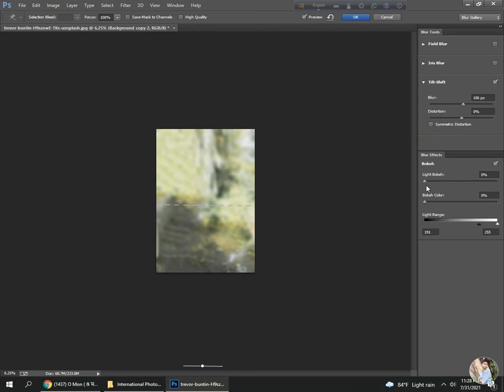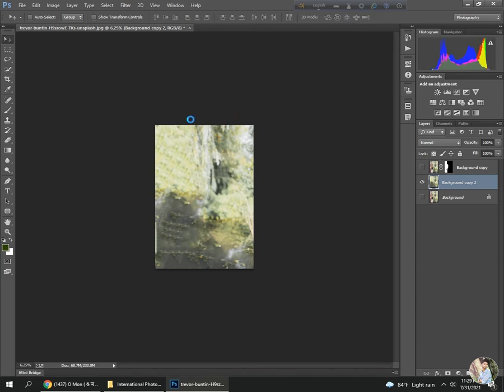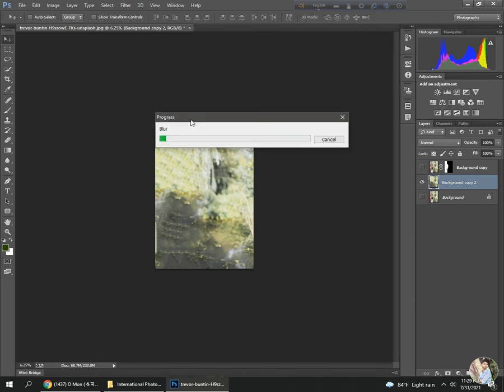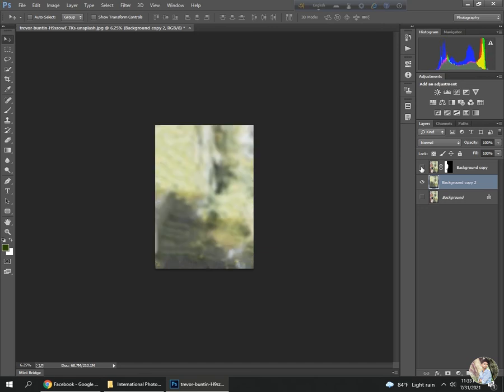Add some light bokeh, no, and color bokeh, no, and okay. Applying this effect takes some time. Done. The blur is applied, and then I will